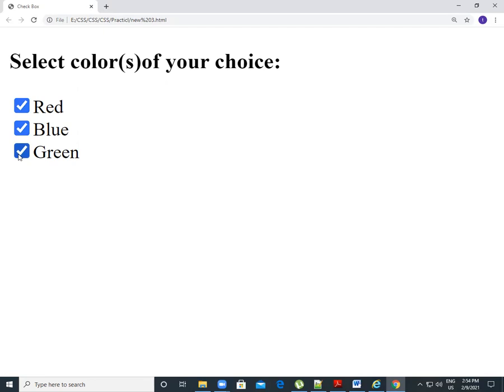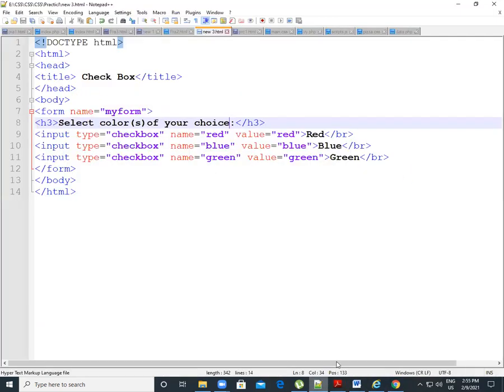Correct. But I want to show that if I select these three colors, then I will get a message. That message, or we can say notification, will say something like you selected those three colors, and also mention the color names in your message or that notification box. So what do we have to do for that? One second. For that we will use a function, correct.